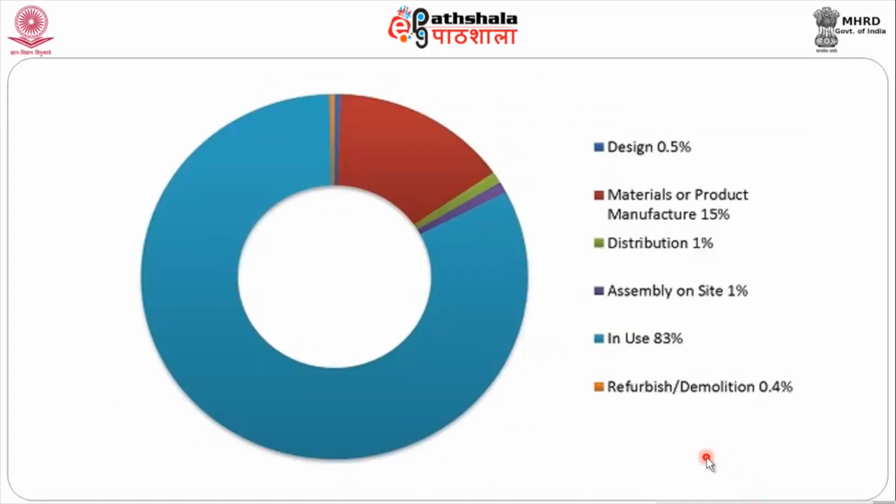In the embodied energy, we can see various aspects of analysis in terms of design in architecture and also the material usages, the manufacturing part of it, and the distribution percentage, and assembly on site and in use 83 percentage, refurbishment and demolition. In this pie chart, if we look at it, the light blue, that is 83 percentage, which goes into the credits of the manufacturing of the materials or the usage of the materials, that is maroon,